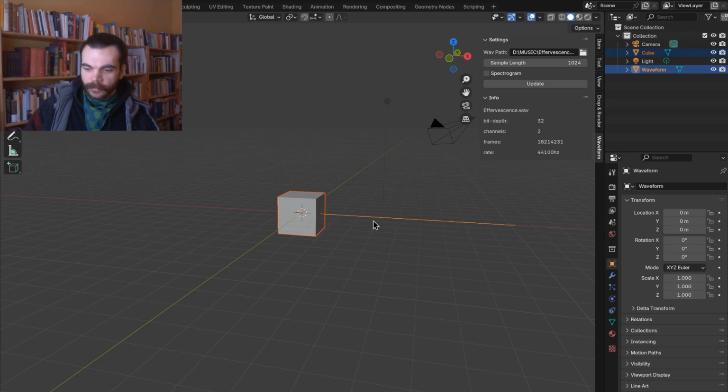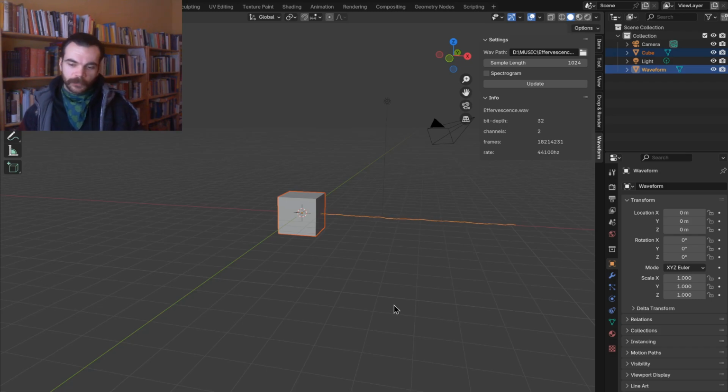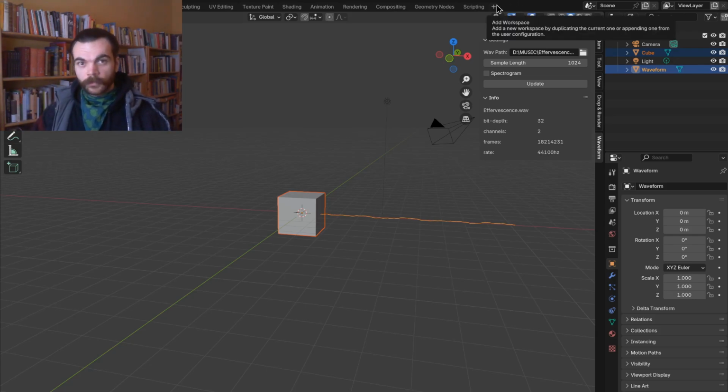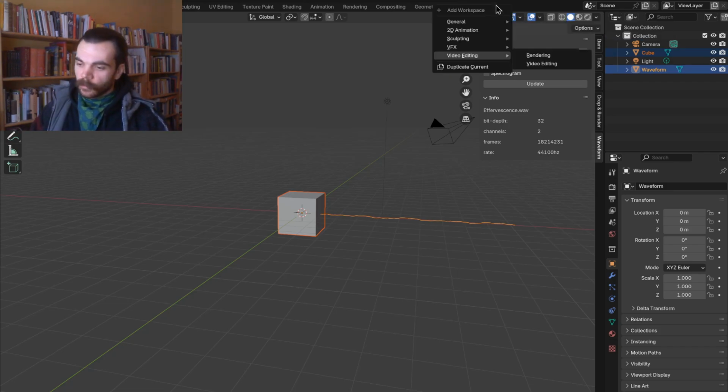So now if I hit play, yeah, the song is a little bit quiet in the beginning, so there's not so much motion. But just scrubbing ahead a little bit, here you can see now we get the proper motion that we expect. And also, as you can hear, we already get a real-time preview of the sound that is synchronized with the visualization. This is because it automatically also adds